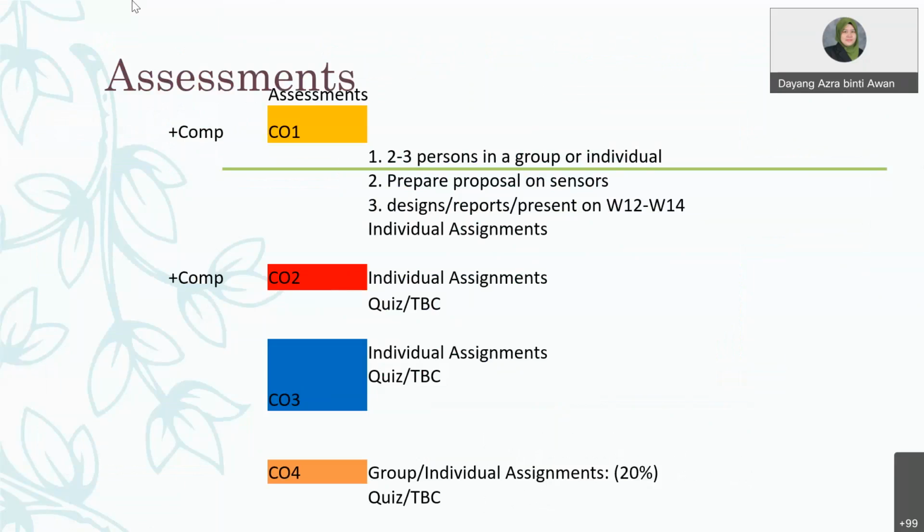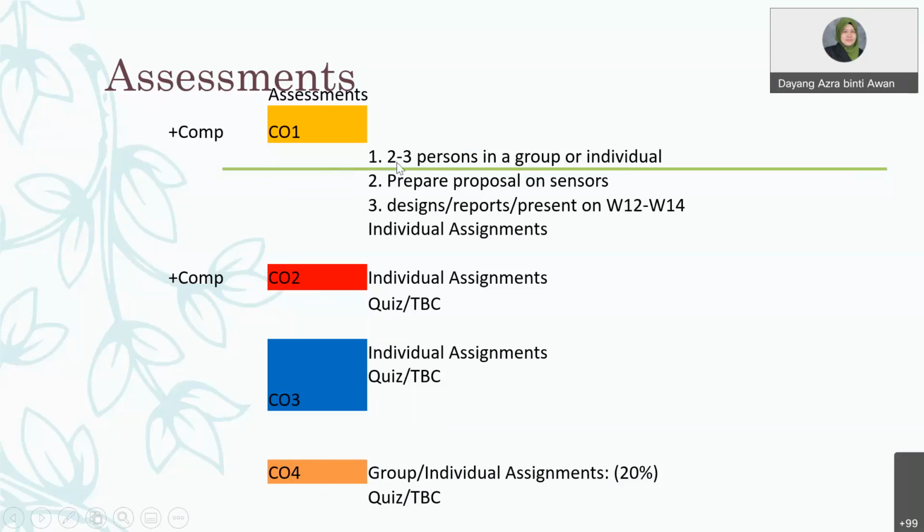So these are all the assessments involved in this course. Each assessment is related to the COs of the course plan. As you saw previously, we have a course plan, which is the plan of the overall semester: what you are going to do, what the assessments are, and what your final task is. CO number 1 is the 2 or 3 persons in a group. The 2 or 3% in group is for your group assessment, CO number 4. This will accumulate 20% of your overall marks.